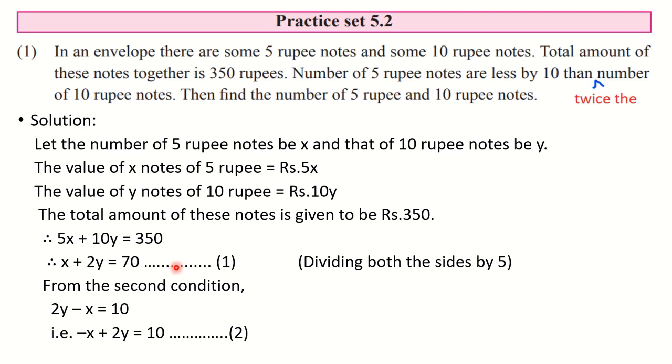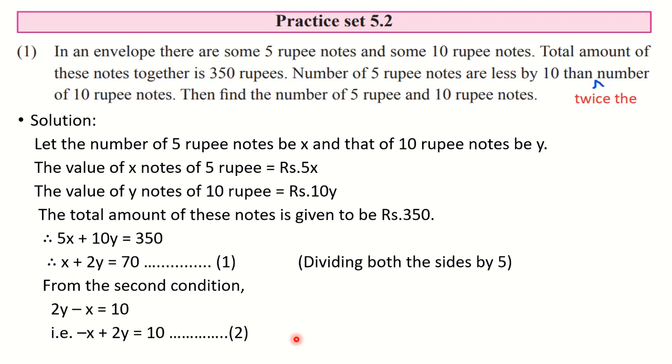So you have to again observe the coefficients. What you can observe here is that the coefficient of x is equal, that means 1 and 1. Also the coefficient of y is equal. But for x the signs are opposite, and for y the signs are the same. So if you want to eliminate y, you can subtract, but it is always simpler to add. So better add these two, so that x will get eliminated, because they have opposite signs.